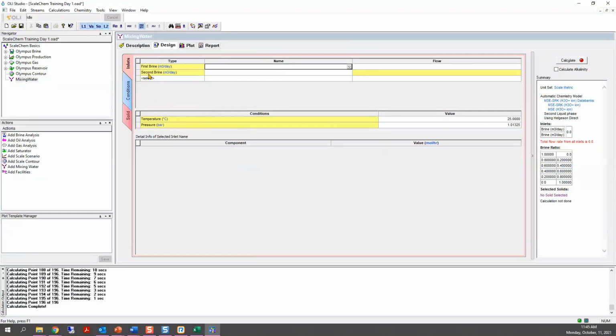If you want to account for the gas and for the oil, you manually need to enter that information here. You will need to come to the drop-down arrow and say, okay, you have an oil, you have a gas, okay? But for demonstration purposes here, I'm going to just use two brines that I'm going to mix and study the incompatibility of these two brines, okay?